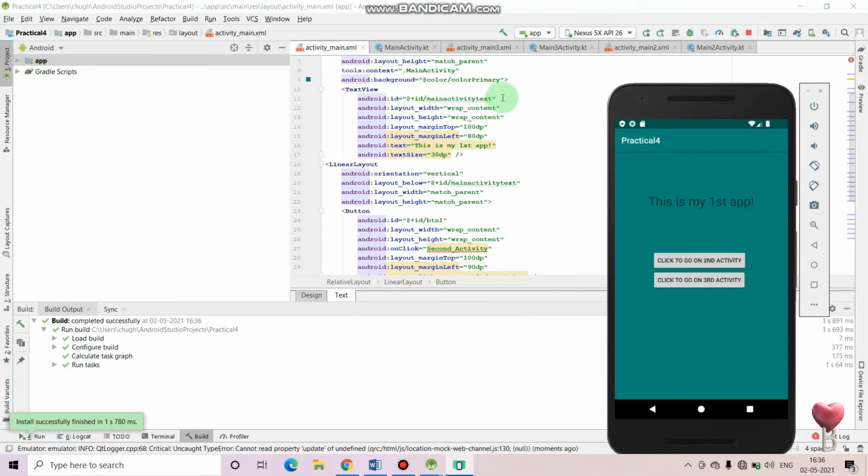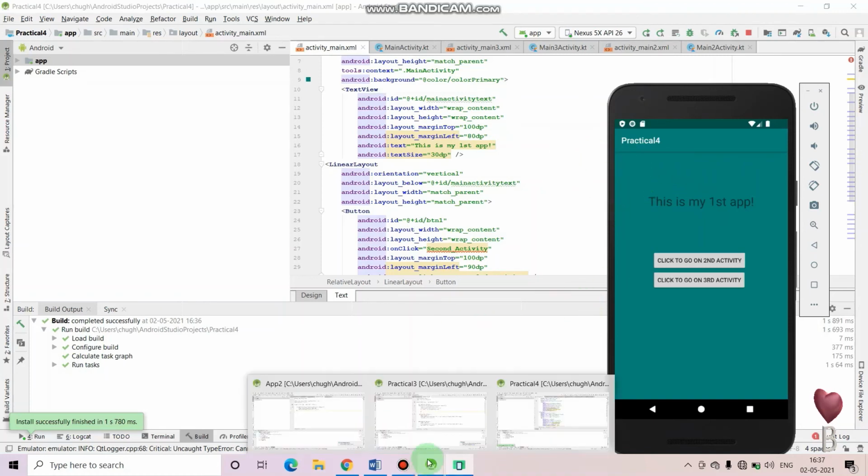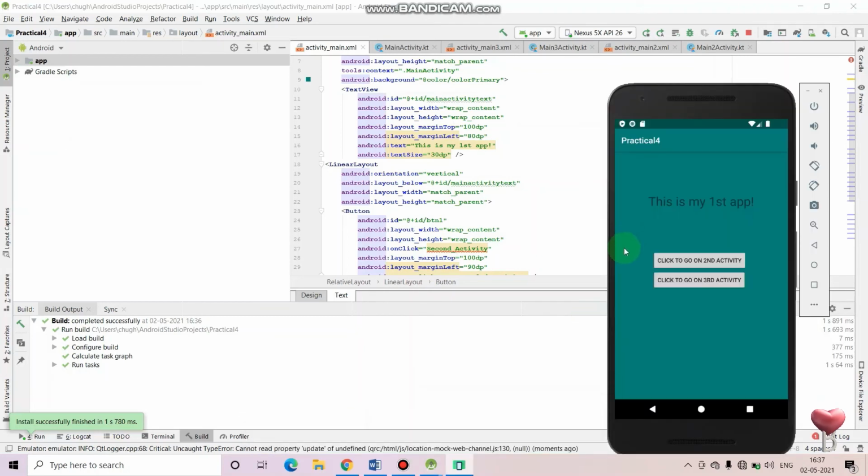Always keep in mind, guys, that if you are creating multiple applications, or rather multiple activities together, it is possible that your previous application is shown here.